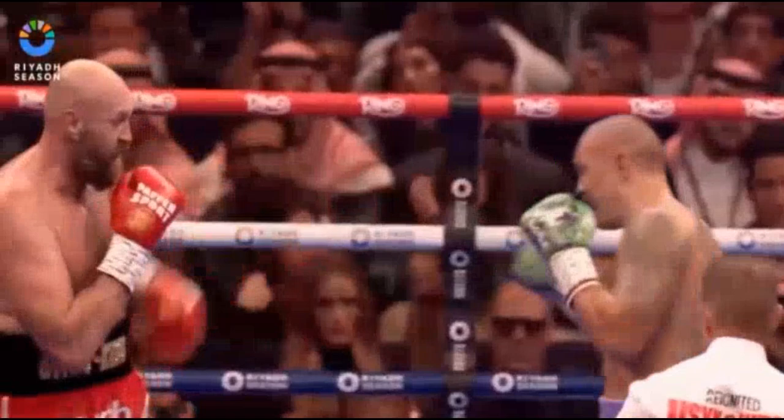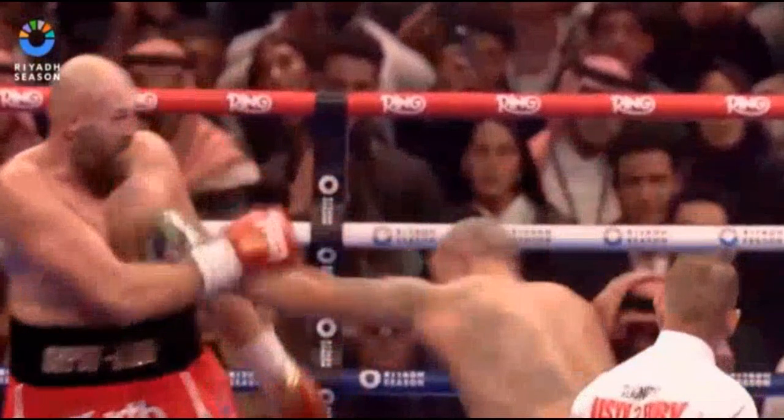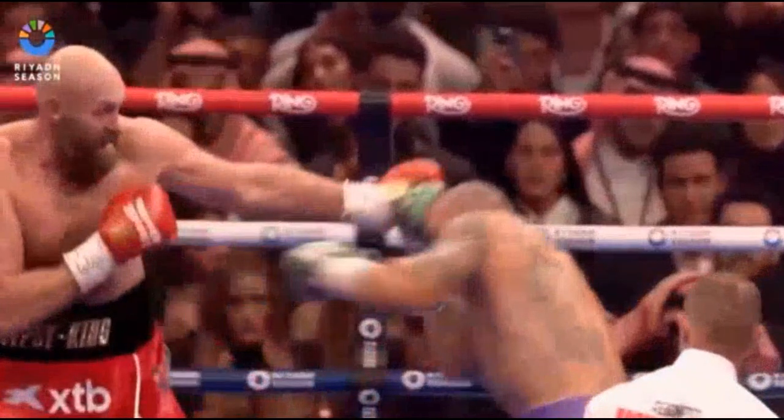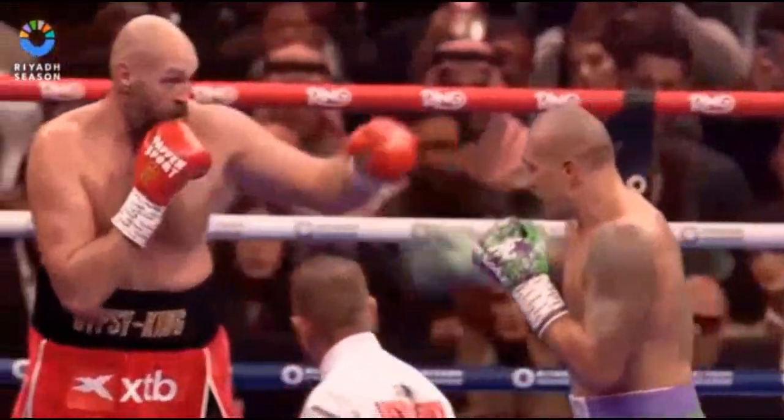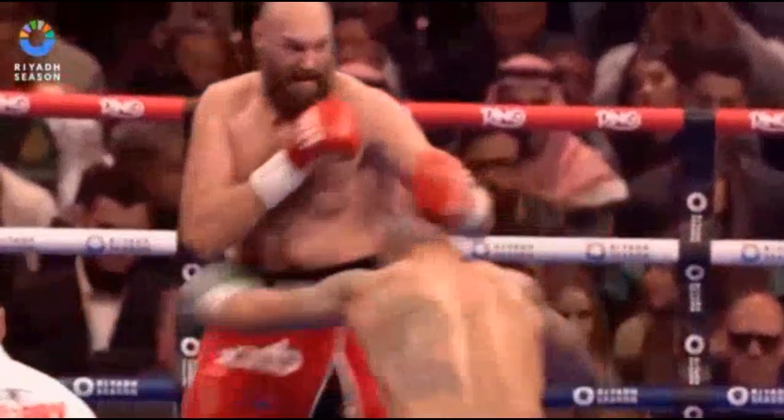As soon as Fury lets that shot go, just watch that pop, pop. He's stealing that body shot. Beautiful. Very, very difficult to fight. Now Fury, again, is trying to dissuade Usyk from throwing that counter. I can't just let him throw these punches over and over again. But again, these kinds of strategies really helped separate